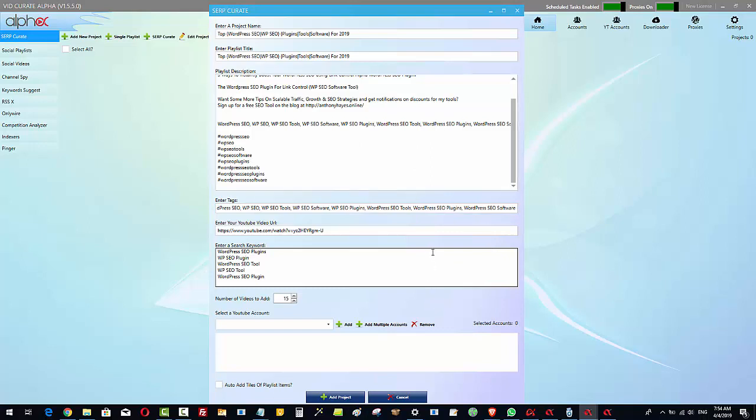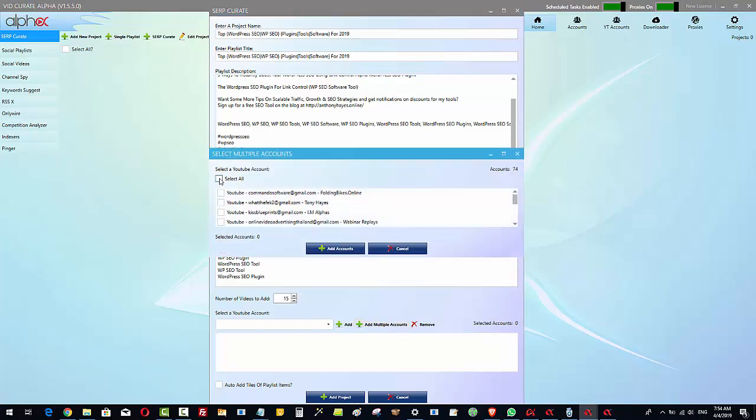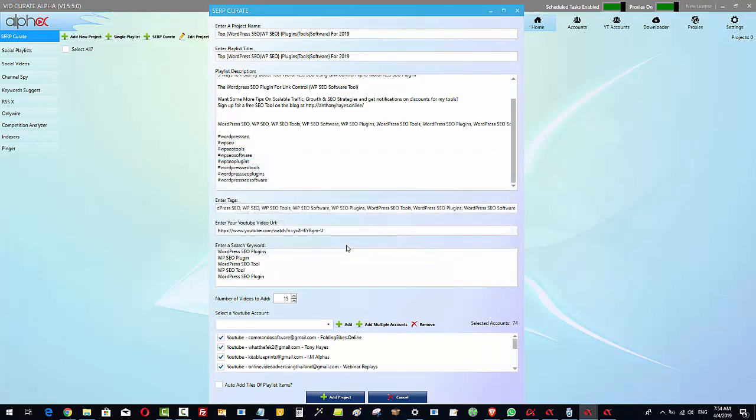This is the first time I'm using this particular version of it, where we have got this little tab here that says add multiple accounts. Now when I click on that, I can select all here, and that brings in all 74 channels, okay, where we're going to be posting to. And to make it even better, we can auto add the titles of the playlist items. Okay, so obviously for the keyword WordPress SEO and for the keyword phrase WordPress SEO plugin, we're going to get different results from YouTube search results. Okay, what this is going to do, just by checkboxing here, it's going to add the titles of the playlist items into the description